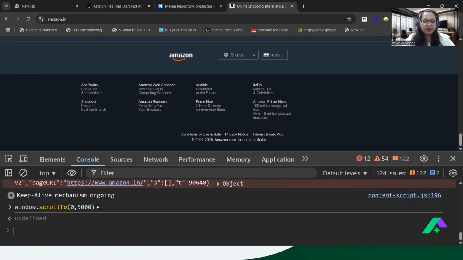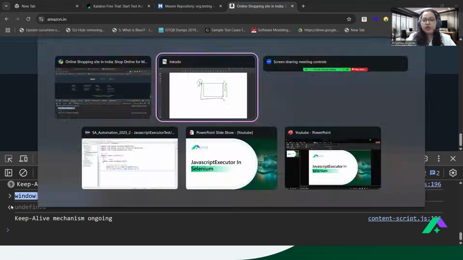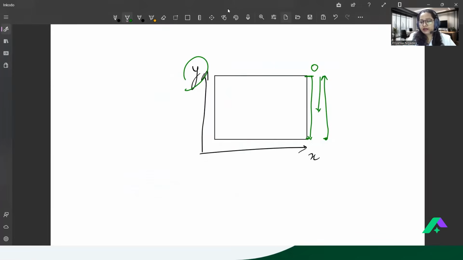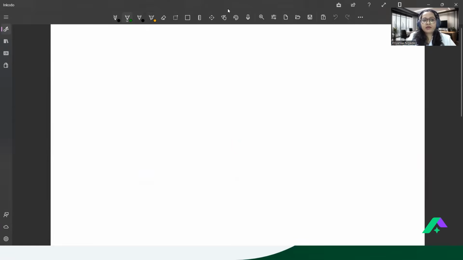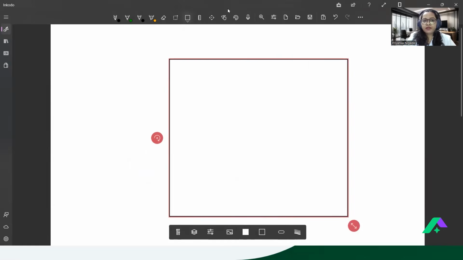Using how is it possible? I have technically run the JavaScript command window.scrollTo, and I have passed some arguments. What is window here? It's all about an object. Now at this moment, you need to understand one more thing, the DOM hierarchy. Have a look. Suppose I'm creating another DOM hierarchy. This is my browser.